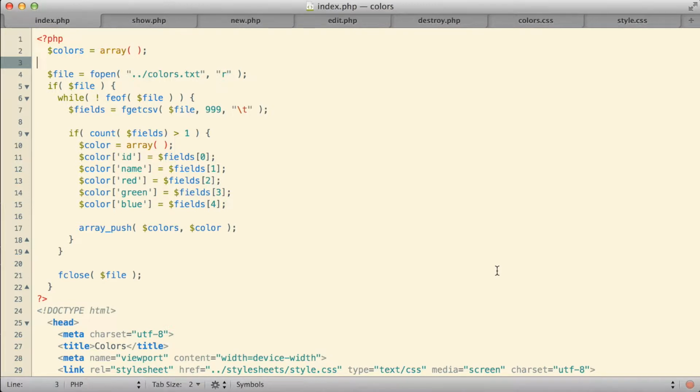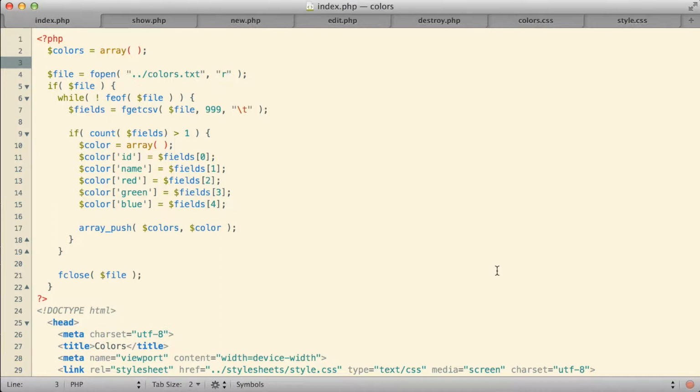To talk about some of these different string functions, I'm going to come back to our colors example again. I know you're probably thinking, oh no, colors, didn't we just spend like 4 hours of video time talking about this example? But I thought it might be a little more interesting and more practical to look at some of our string handling functions within the context of a more realistic example, rather than writing little silly examples that just demonstrate the functions themselves.